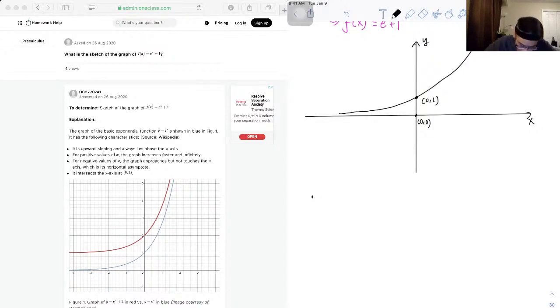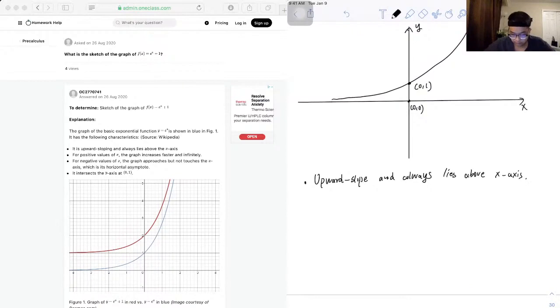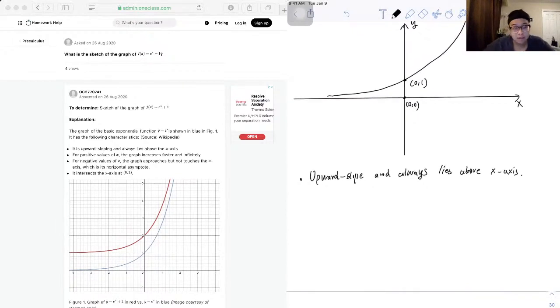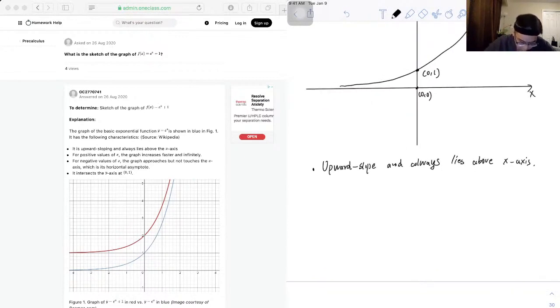So it's upward sloping and always lies above the x-axis. Right. So always lies above the axis means its y value is always going to be positive. Right. And the second characteristic is